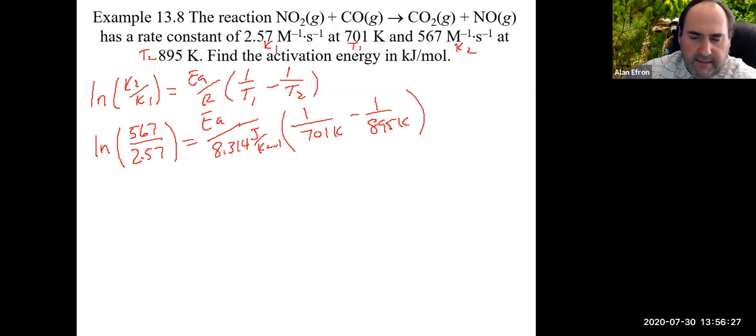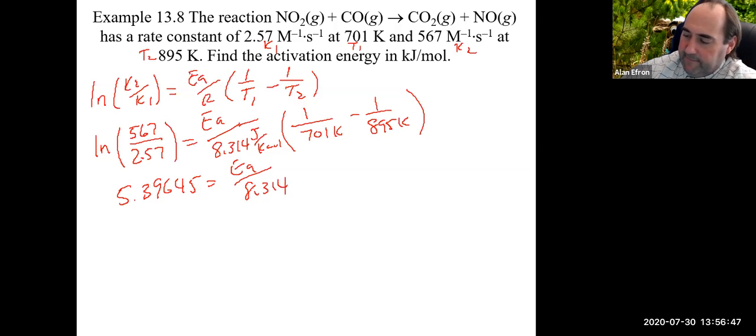Doing a little bit of cleaning up on the left-hand side, 567 divided by 2.57, a little natural log action there, is going to get us 5.39645 equals E of A over 8.314. If we clean up the parentheses with the temperature, 1 over 701 minus 1 divided by 895, it looks like inside here we get